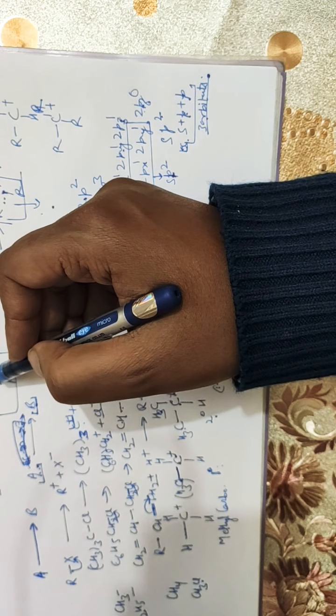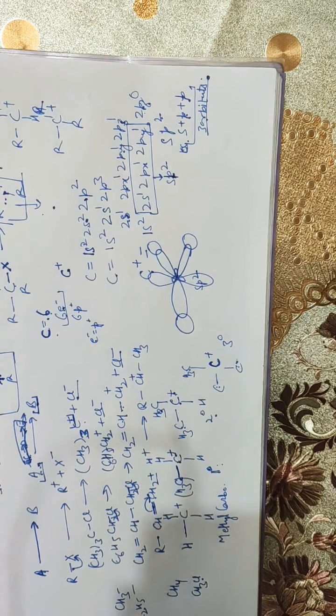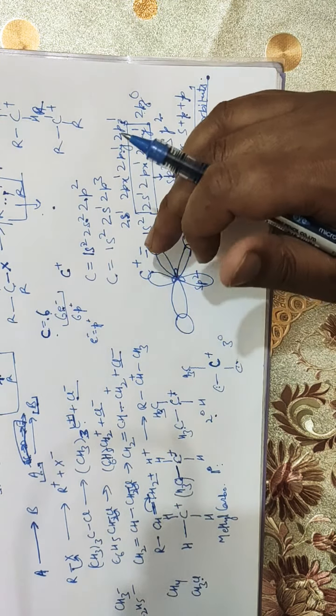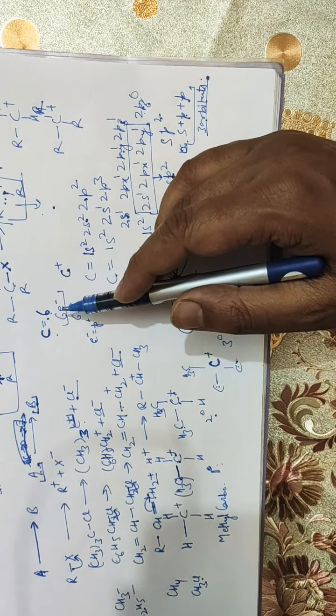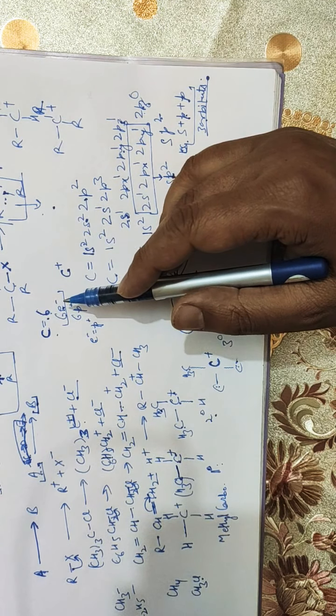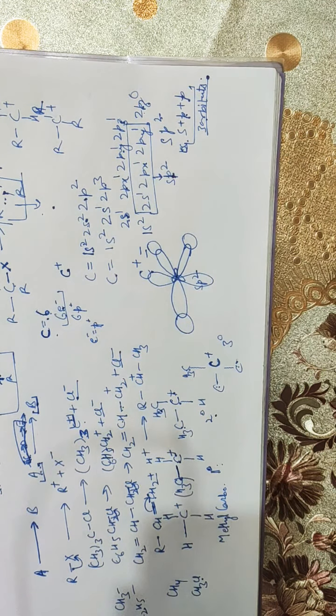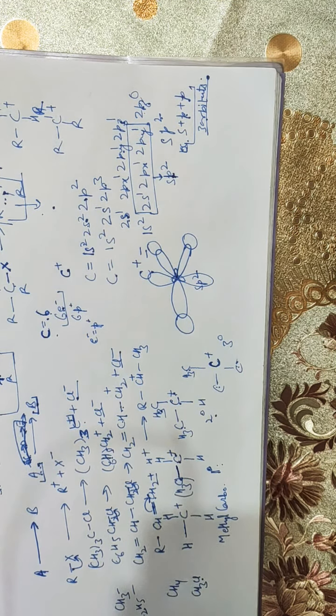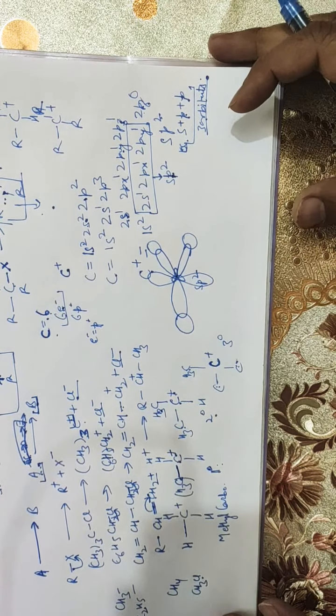stable. Similarly in the case of resonance, an increase in resonating structures will result in the formation of a stable carbocation. And last is aromaticity. If aromatic groups are attached directly to the carbocation, then it will be more stable. So we will take the trend of stability of the carbocations next time.